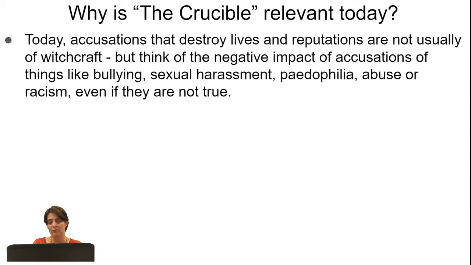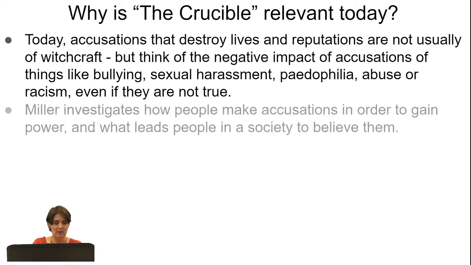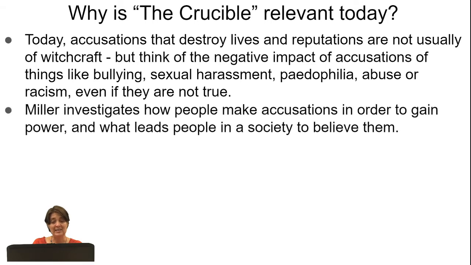So think of those accusations that will completely wreck a person's reputation, even if they are not proven to be guilty. These are accusations of things like bullying, sexual harassment, pedophilia, abuse, or racism. And Miller investigates how people make accusations, whether it's of one of the things listed above, or witchcraft, or in the case of 1950s America,